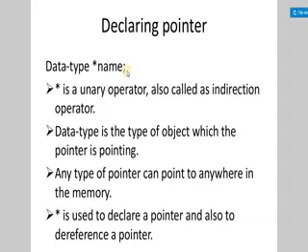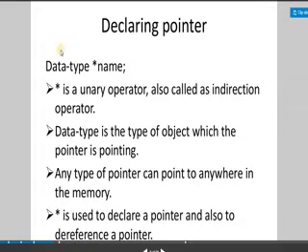So what is the importance of data type? An address is always an integer type, not a float or a character, so why do we still have to mention the data type? The reason is that this data type does not indicate the type of the pointer variable. It indicates the type of the data at which the pointer is pointing.